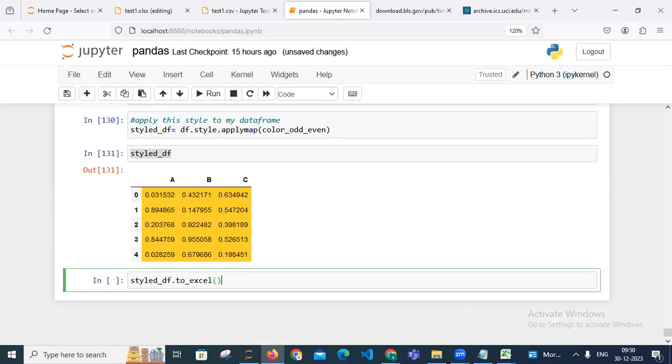You can probably add this name, style my custom style dot XLSX, and you can write comma index is equal to false. Okay, and if you just convert it in the Excel format, then